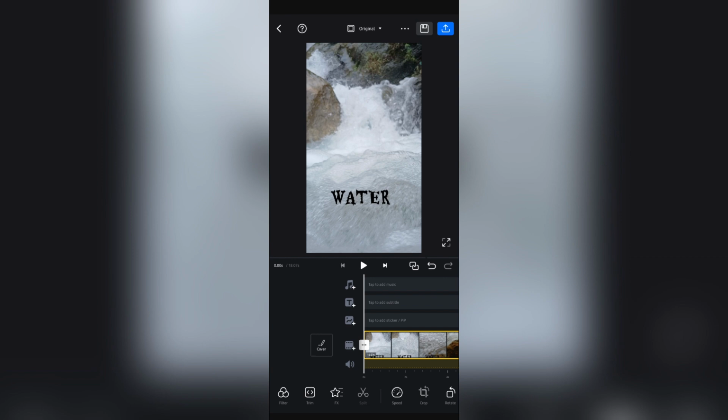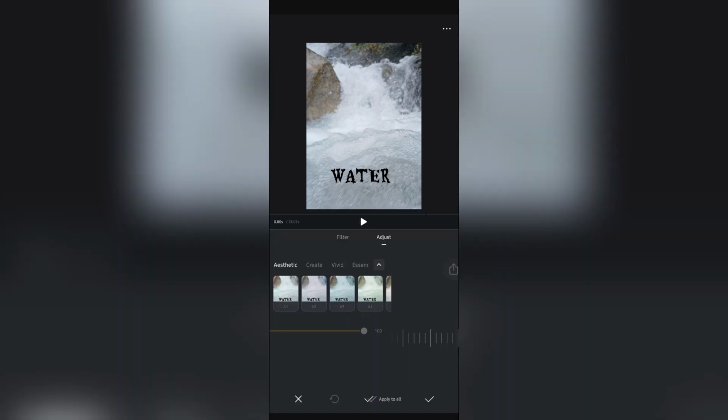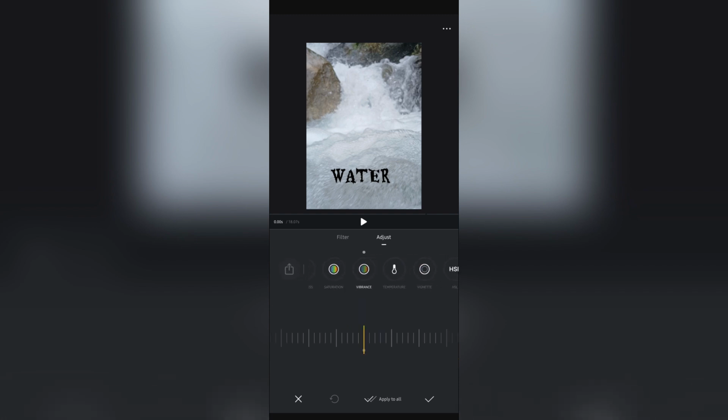After that, you will get to see this filter button directly on the home page. Just simply tap the filter, and after tapping in there, you will get this adjust button on the other side. Now from the adjust section, you can easily color grade your video by changing the exposure, contrast, brightness, saturation, vibrance